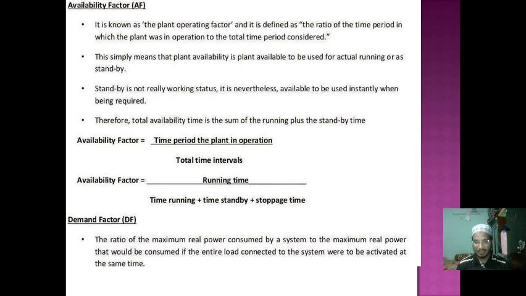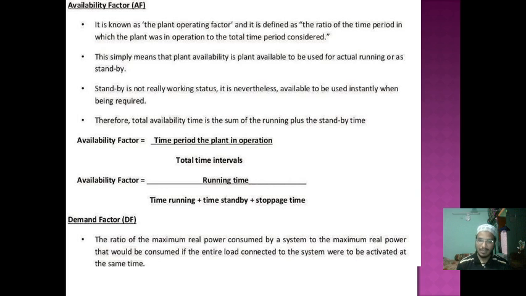But if sometimes the time is not there, how can we produce it at a particular time of day? So we should know what the actual availability factor criterion is. That's why we are considering the time period of plant operation: how much time the plant will take to produce the 300 kilowatts for the third customer,